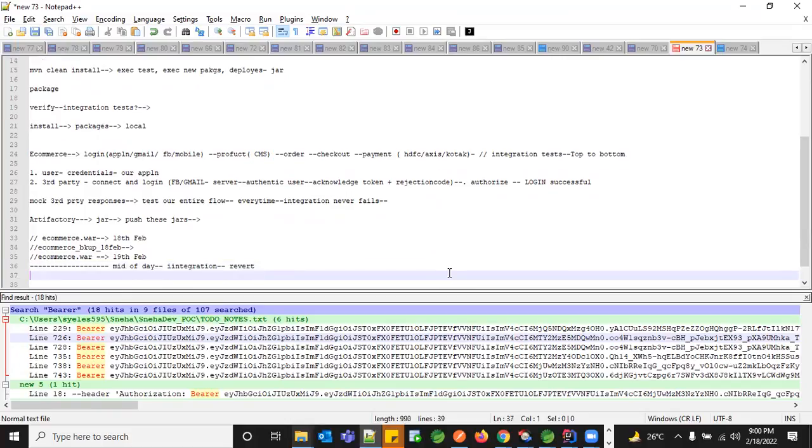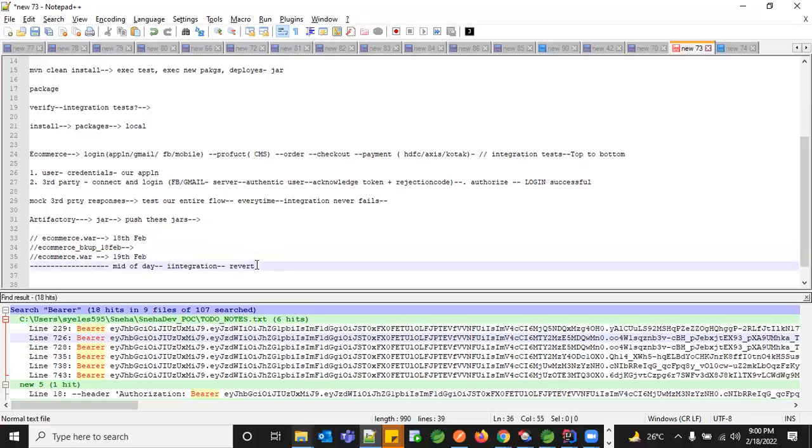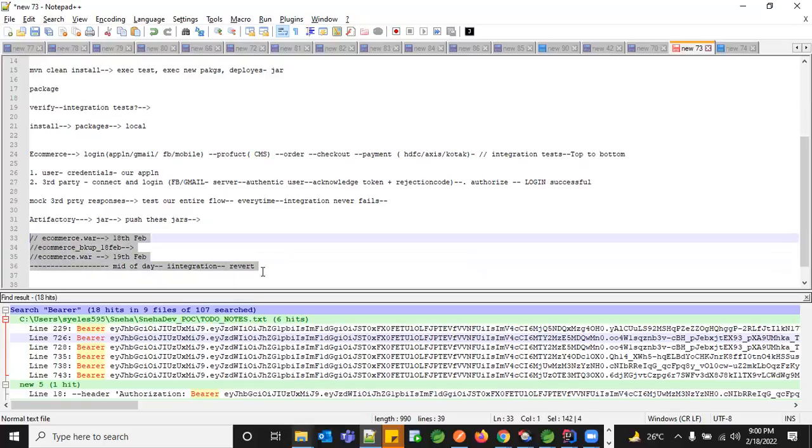So again, what happens? We go back, we revert to the existing var file from Feb, which has been taken as the backup. And then we just mark this as the latest version and then we restart the service. This is what was happening in the earlier days, at least till like 2015 and 16, right? This was the way deployment happened in the Unix system, so that they don't need to maintain all the jars and vars for a longer time.